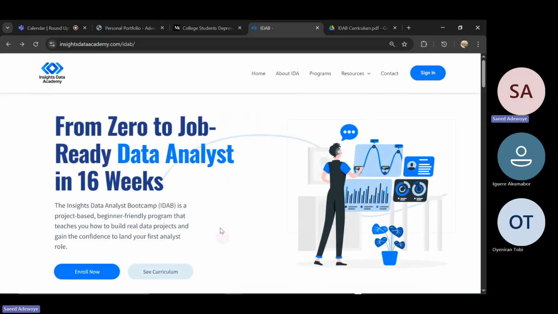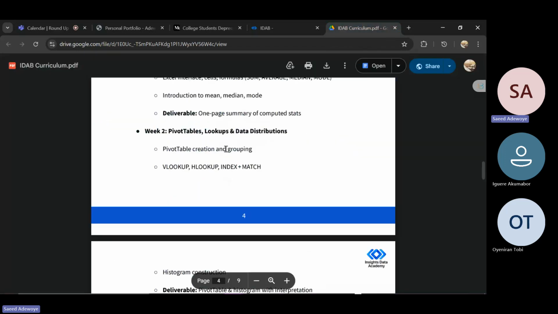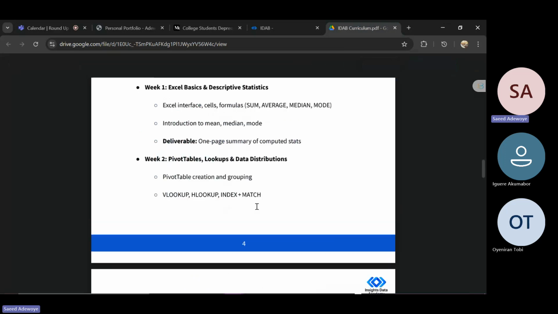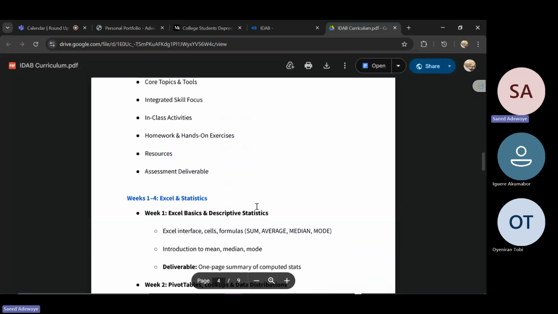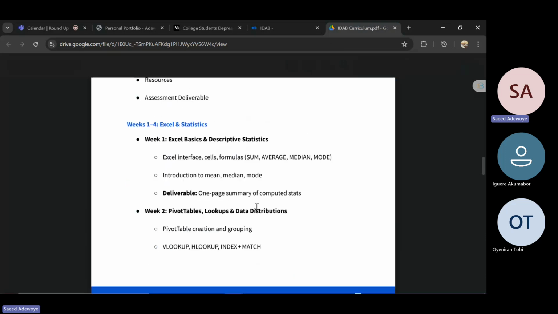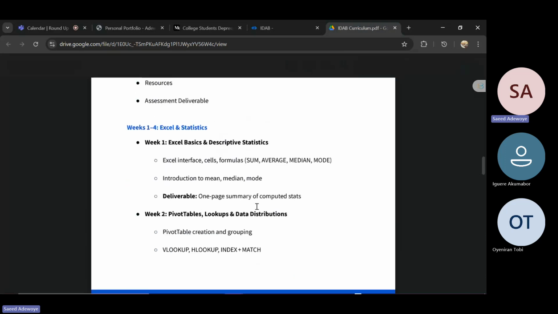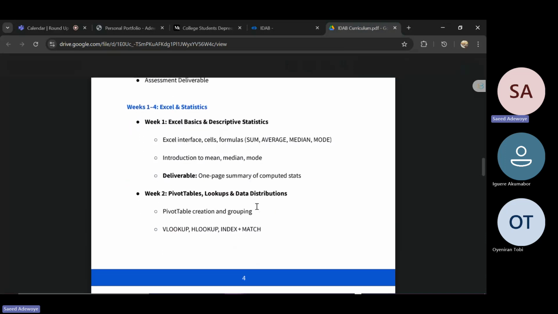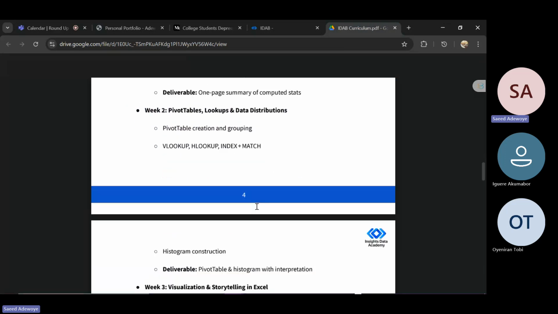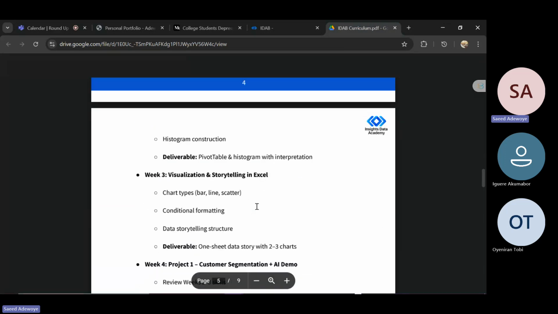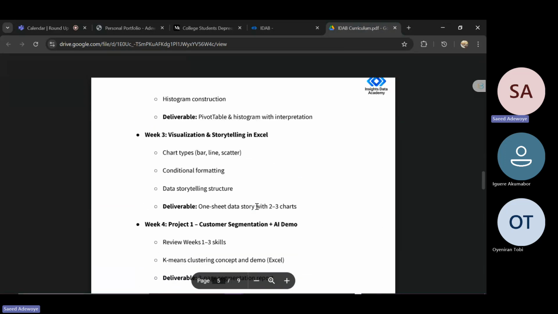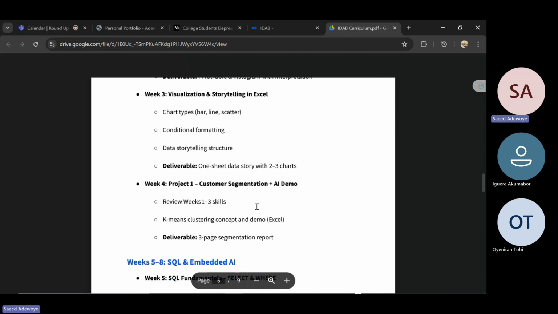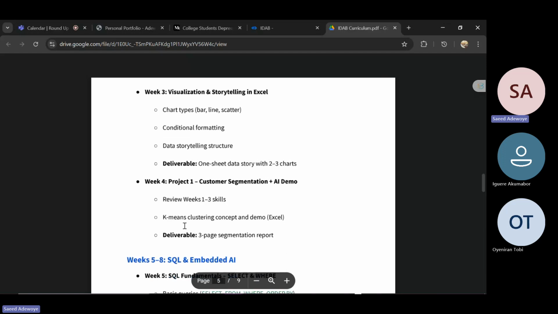Just click on curriculum, then you're able to see the breakdown of each week. Take for instance, for these first weeks, these are what will be discussed with some deliverables attached: pivot tables, lookups and data distribution, then visualization and storytelling in Excel, and the project. Then week 4, that's when you use k-means clustering to segment your customers and everything like that.